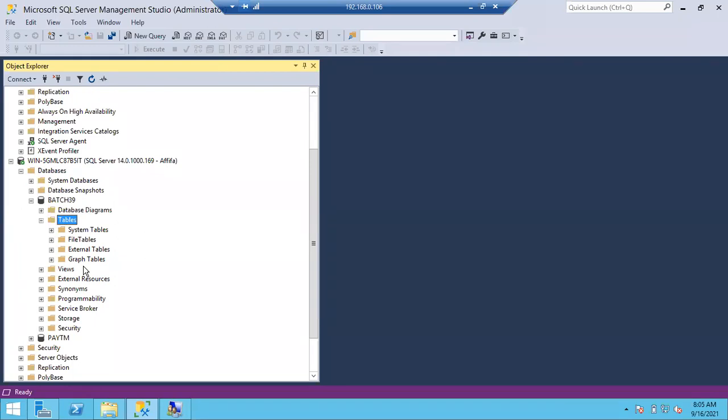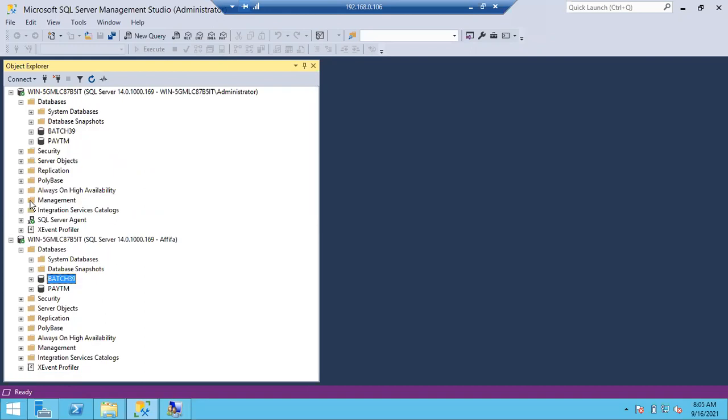If we give read access or write access, then she can see all the table names. But we haven't given any permissions. So in this way, we can give any permissions to any login on any database. There are different permissions, and SQL Server security is very strong. If I have 100 tables in my database and Afifa is authorized to view only one table, I can simply give access to a single table for Afifa.